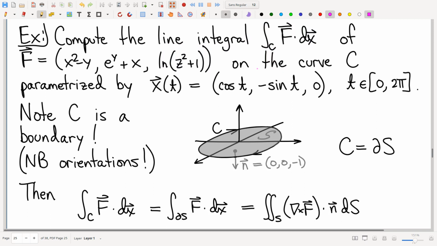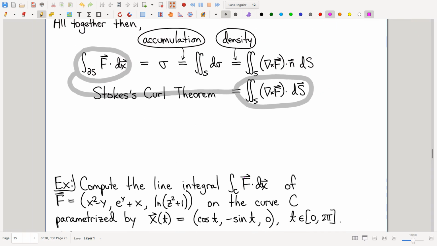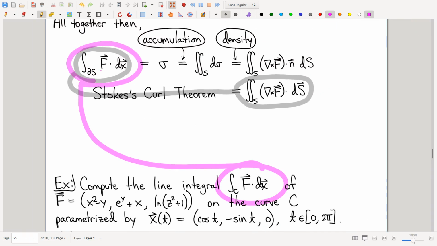Okay, so what we're going to do, step one, we notice that we have been asked to compute a line integral. We notice that our brand new theorem involves computing a line integral. We are hoping that we can therefore use this theorem to compute that line integral that we're interested in. But there is a sticky wicket. The concern, just like with Green's theorem, just like with the divergence theorem, every other theorem we've seen before, the concern is this has to be a boundary, right?